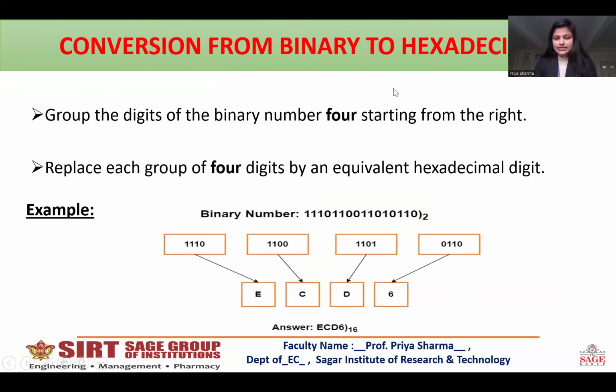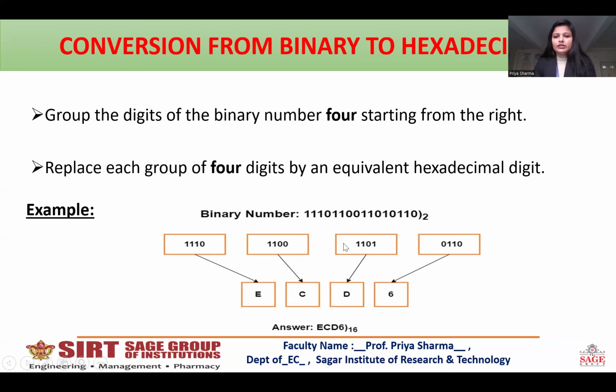Converting from binary to hexadecimal, as hexadecimal has a base of 16, and 16 is equivalent to 2 to the power 4. That's why we are going to group the binary bits into 4. Likewise, we grouped 3 in octal, in this we are going to group into 4. So this is our binary number which is given. Starting from the right, we'll group into 4. So 0 1 1 0 will be one group, then 1 0 1 1 will be another group, then 0 0 1 1 will be one group, and 0 1 1 1 will be another group.